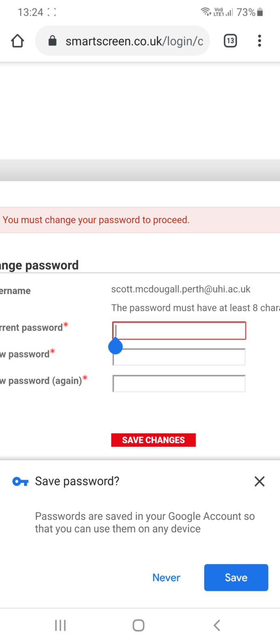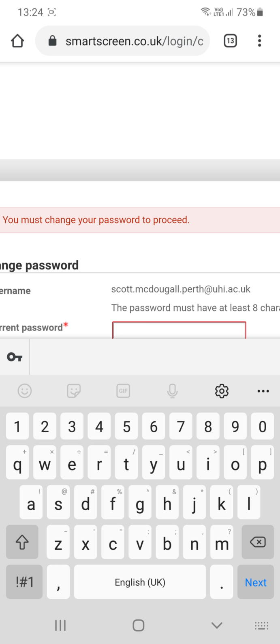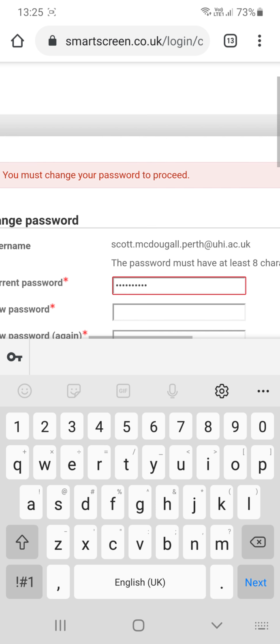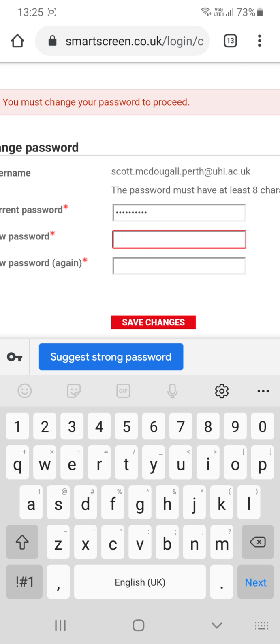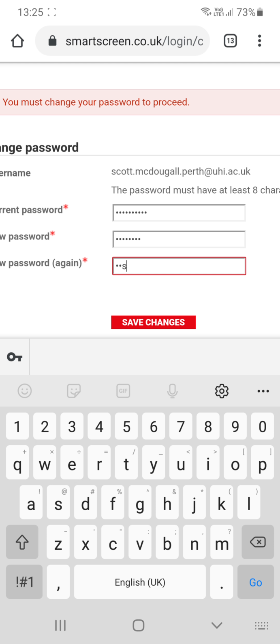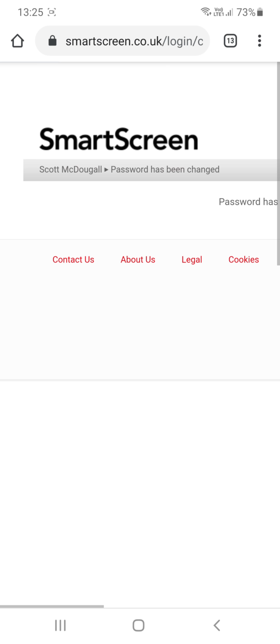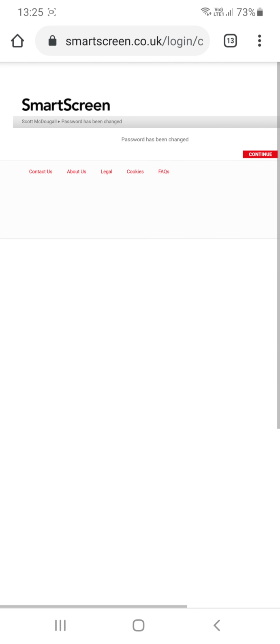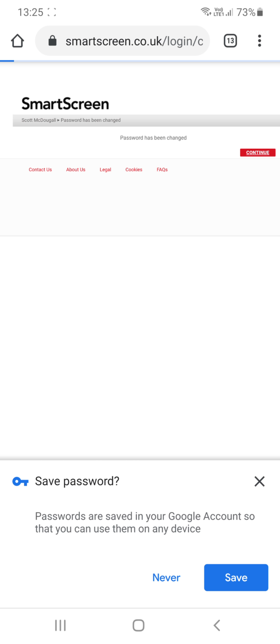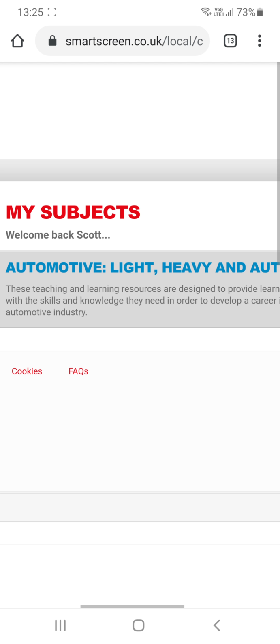So my current password is that. And I will very quickly set a very silly password. There we go, my password has been changed. So if I continue, I am now in